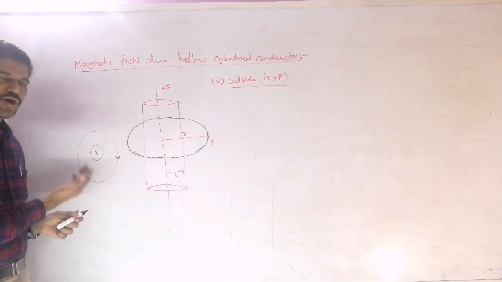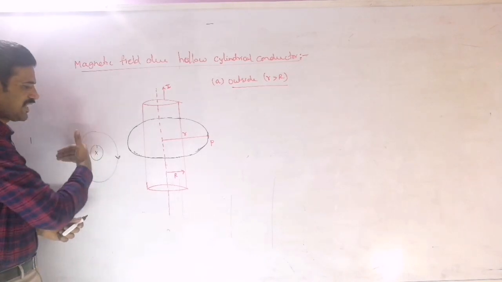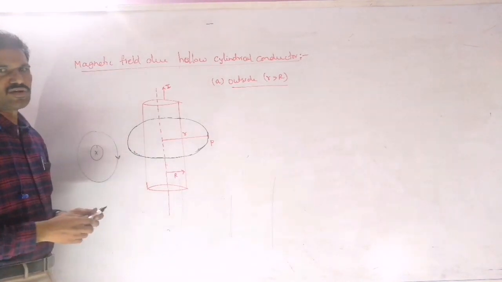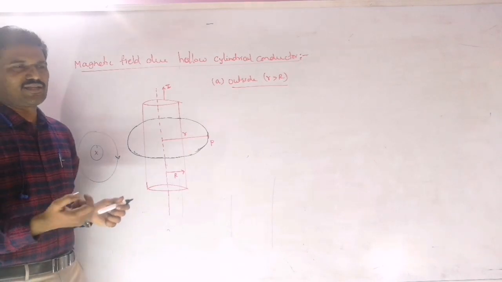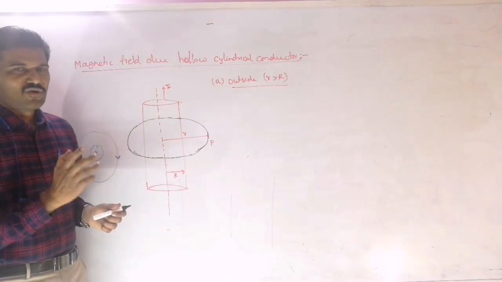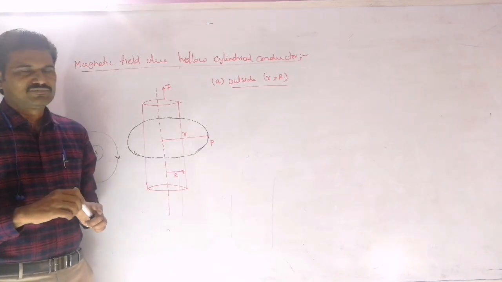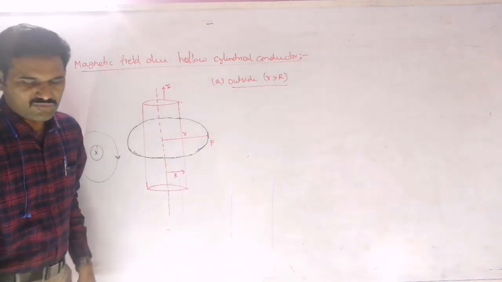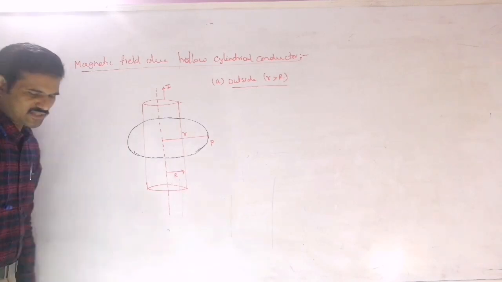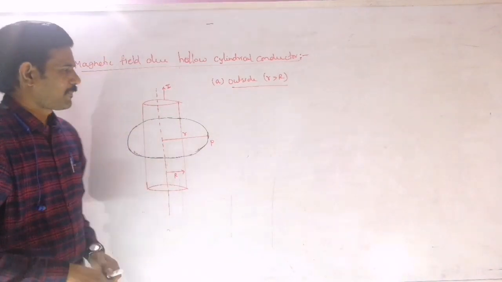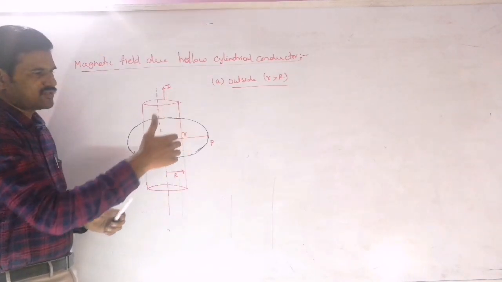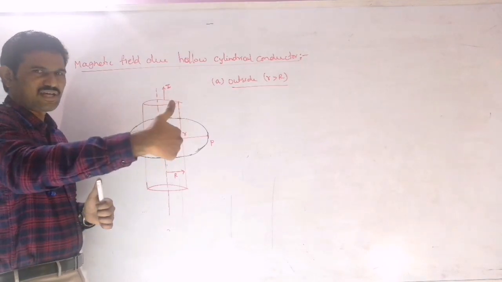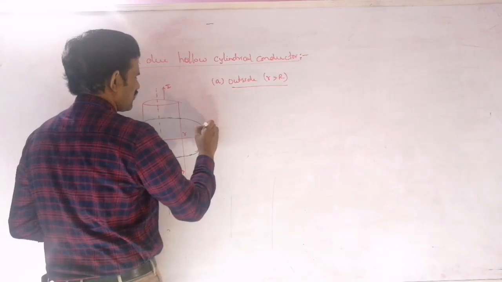You can also choose the anti-clockwise direction, but then the current will be negative. If you forget to take the negative sign, you will get the wrong answer, because generally when only one conductor is there, we don't consider the sign. So we should choose the direction of integration such that the current becomes positive. Here, as the current is flowing upwards, we should choose the direction of integration like this, because the thumb is in the upward direction. So the direction is chosen like this.